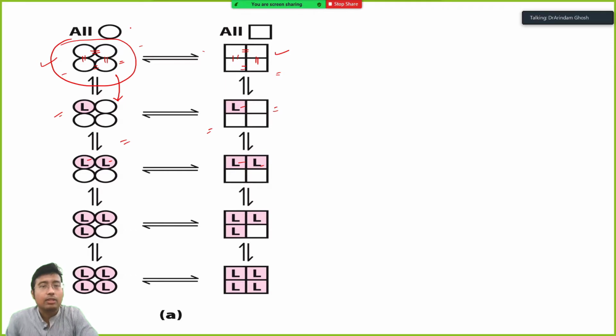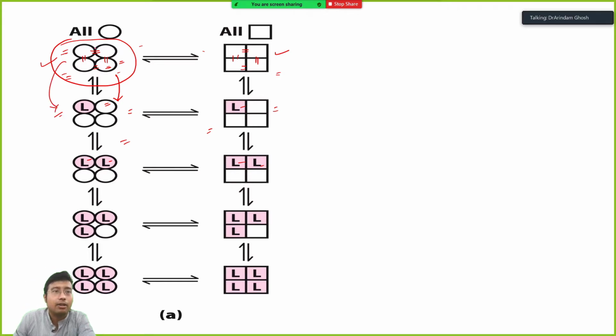I think this is confusing. Okay, fine. You don't need to get into the further detail of how this change occurs. Nobody will be asking you this one. Just focus on this point, that everything is in equilibrium. This form equates to this form. If this form is more, it will lead to formation of this form. This is much easier to know.